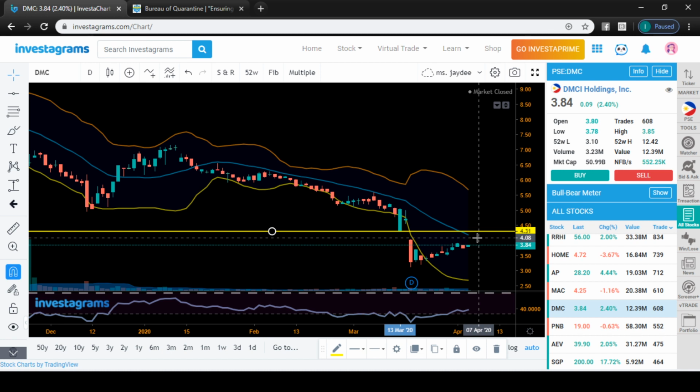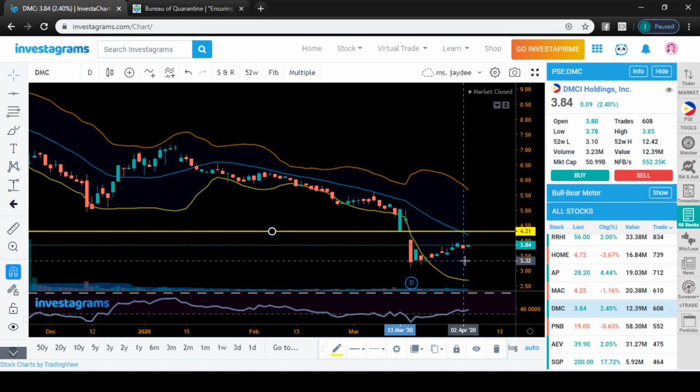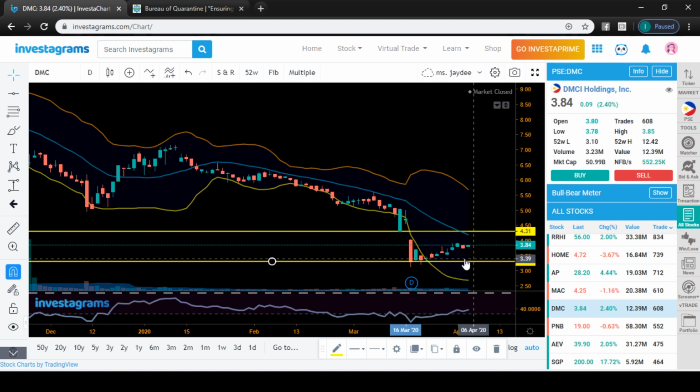But if you're a long-term investor here, I think slightly lower than that, maybe try to haggle 3.31. So best entry price would be 3.31 here if it dips, and right now the short-term target, you can set it at 4.31 as your target profit area. Okay, PNB